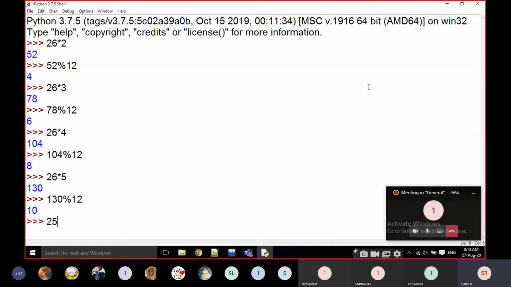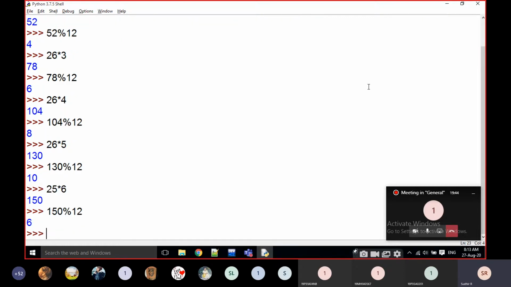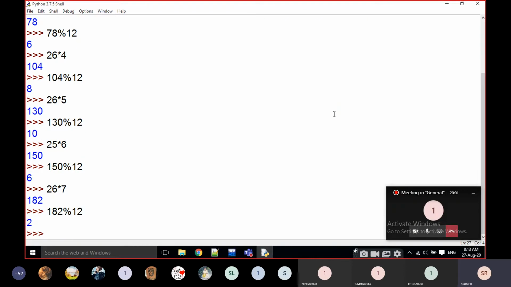Then again 26 into 6. 26 into 7 is 182. 182 mod 12 is going to be 2.